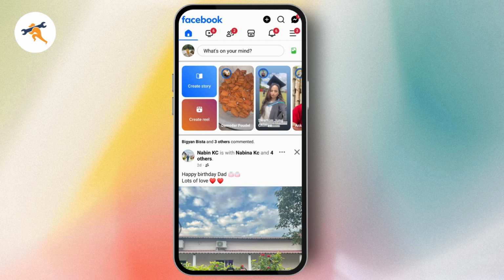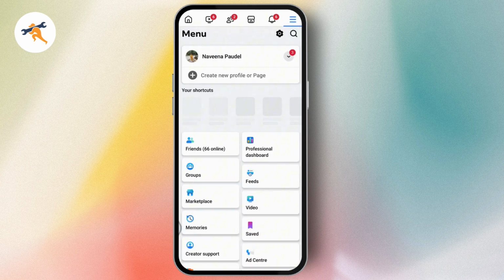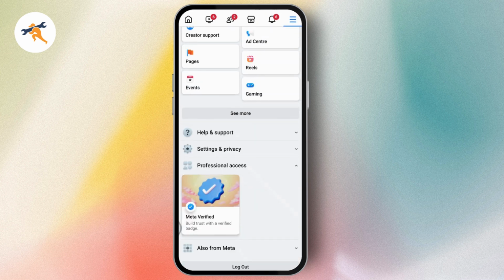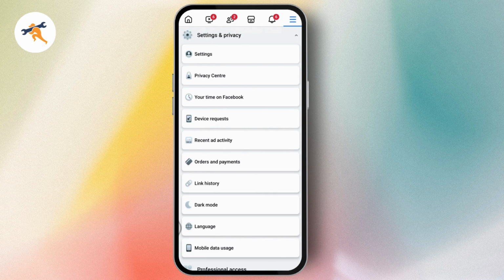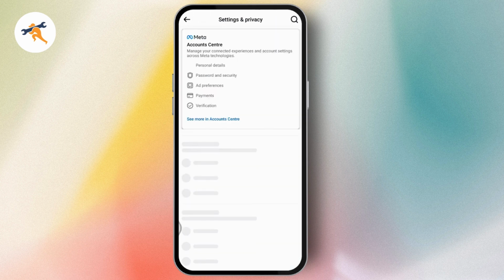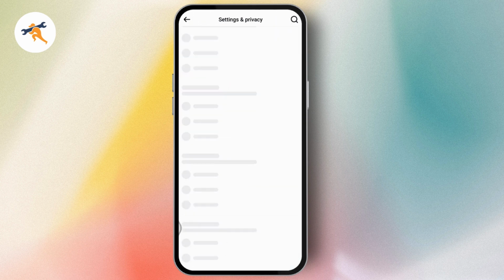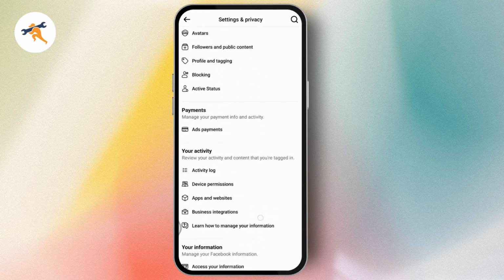go with the upper right, which has that 3-bar icon, and it will take you to this kind of page where you need to scroll all the way down, tap on settings and privacy, and tap on settings. Once you tap on settings, you need to scroll all the way down where you will have report a problem